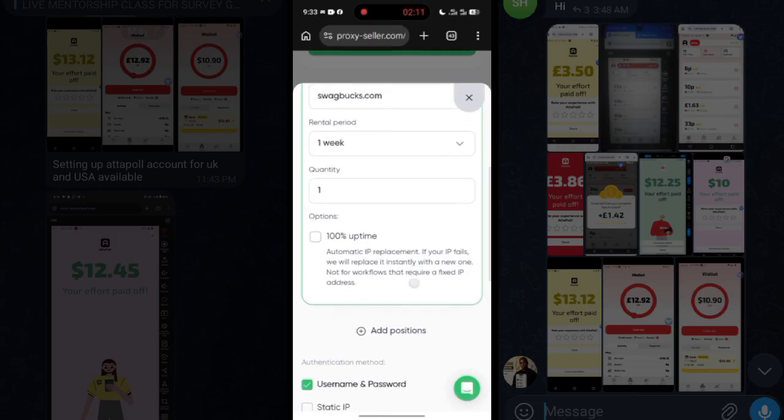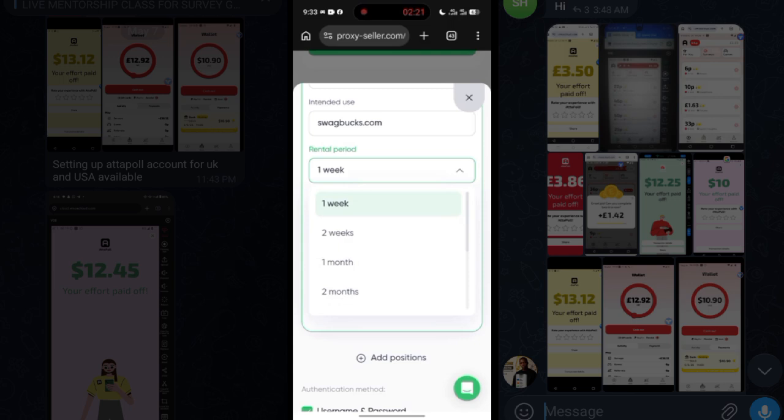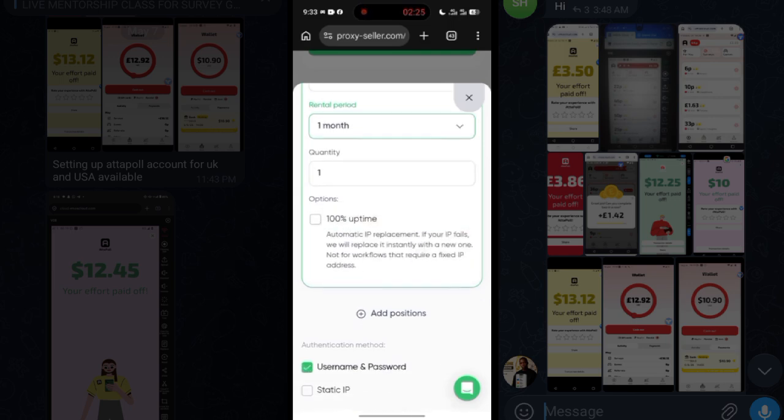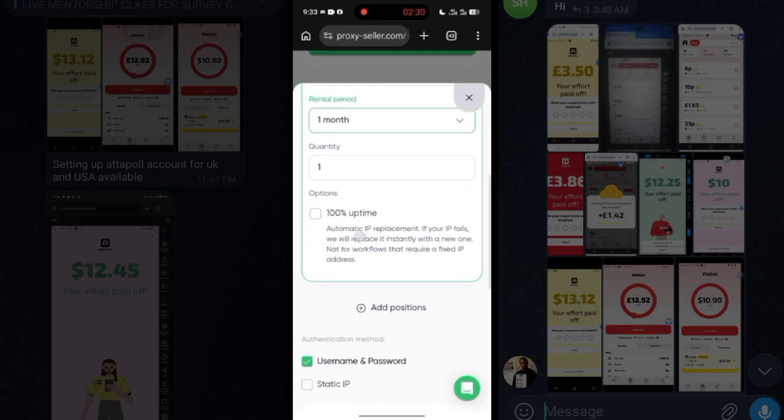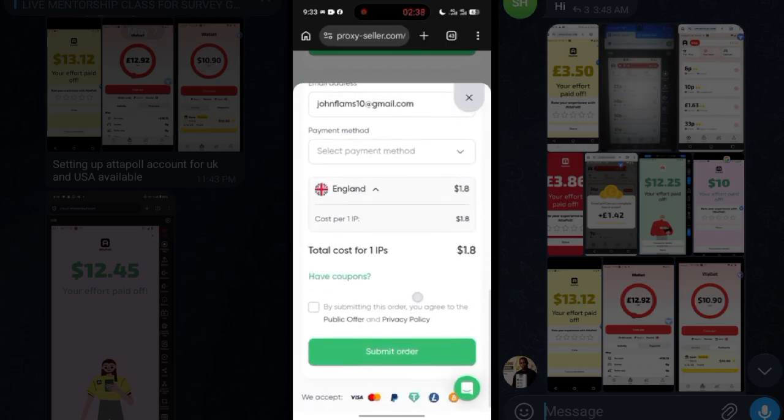This will help them recommend a better proxy. Then after you have done that, how many do you need? I just need one. How many weeks? I'm buying it monthly, so I'm going for a month. Click on here, so that if you have an issue with the proxy they give you, they can automatically recommend another proxy for you. Just click on that one and then